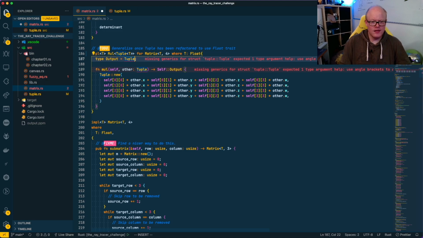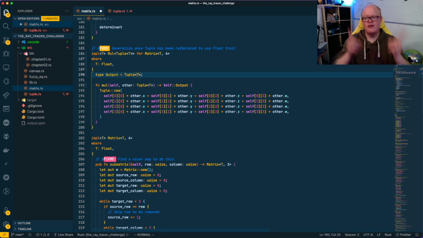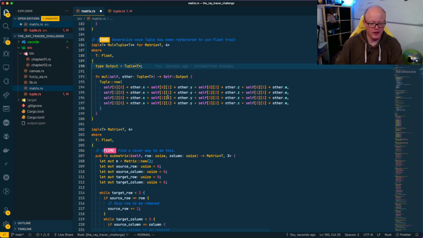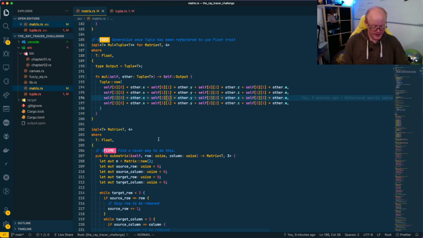And then the output is, of course, a tuple of type T. And the other is a tuple of type T. No. Is the output a tuple of type T? Yeah, the output of a matrix tuple multiplication is another tuple. So, okay. This now is, let's try and